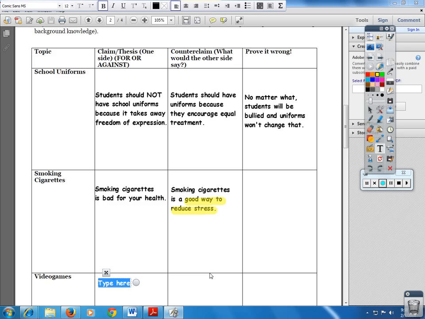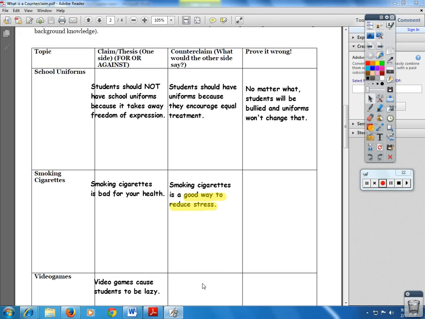So make a claim about video games. So I'm going to say video games cause students to be lazy. What would someone opposite me say? So maybe you like video games and you can think of a reason. So think of a reason why video games are good, and then try to go back to the opposite side and prove that wrong. So basically for your homework, you should have this whole chart filled out and do these on your own. Okay? And then later in class,